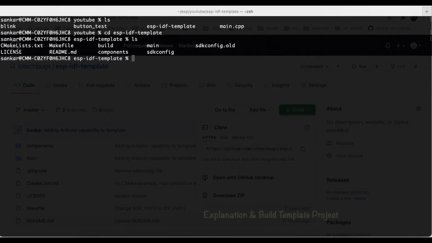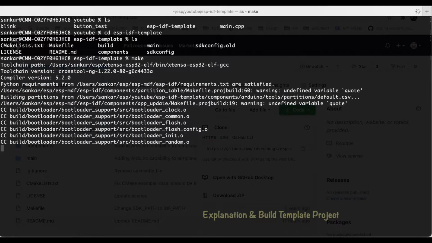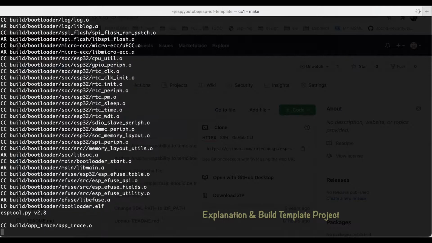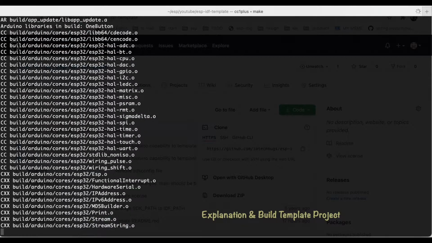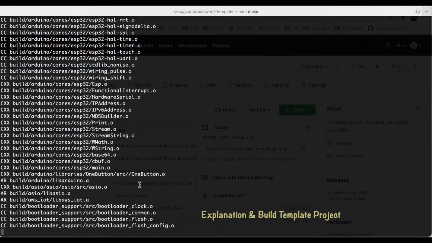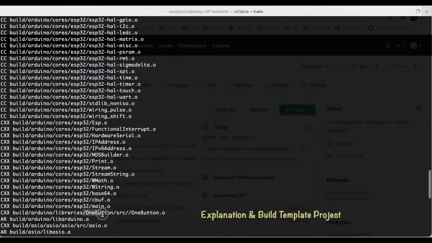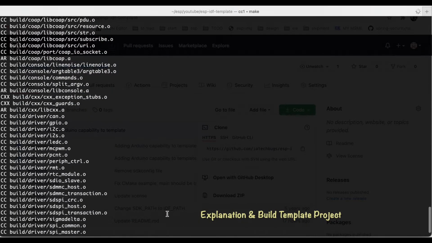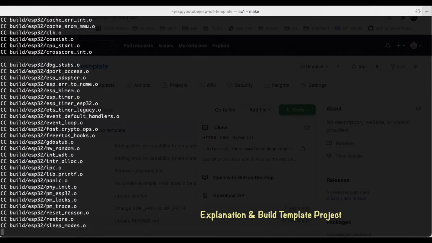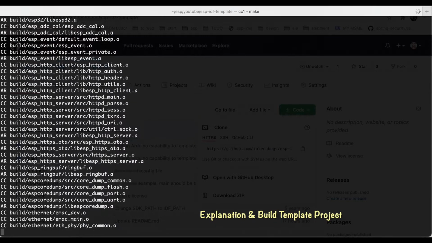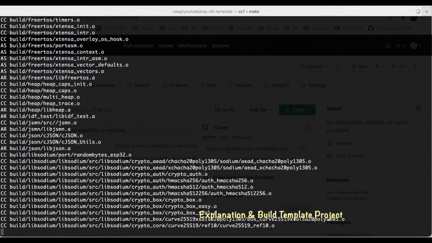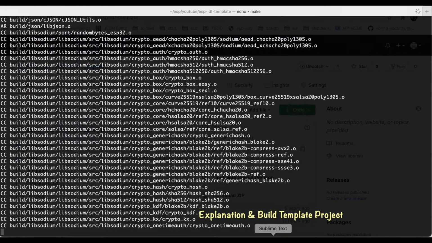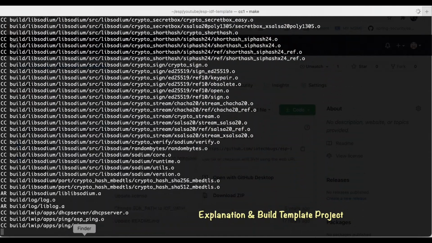As usual, we just need to check out the code, and I'm making the project to see if there are any compilation issues, to make sure the given checkout is proper and the project builds properly. That's what I'm doing. As usual, the make process will take some time. During that time, I'll go through the folder structure and the main.cpp file so that you get some idea about what it is.